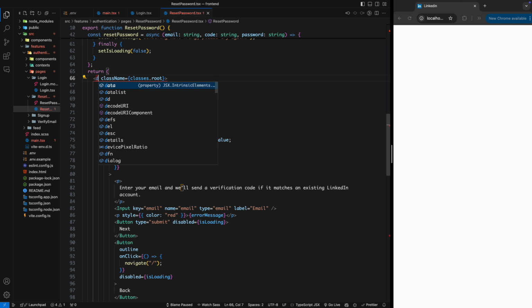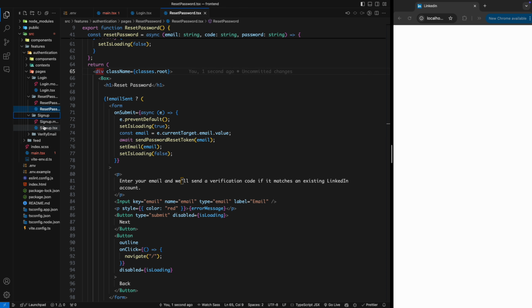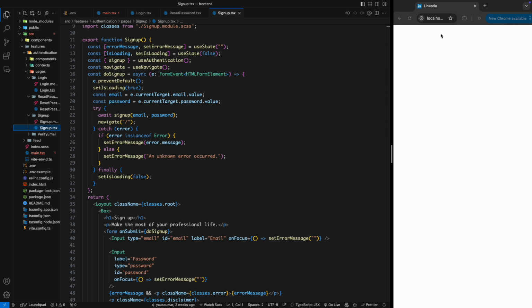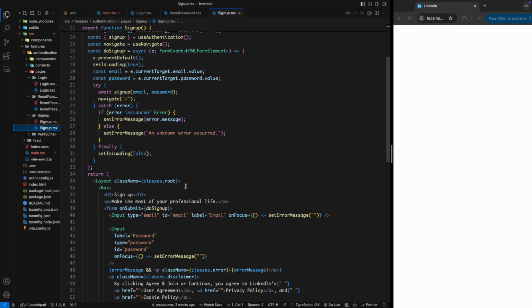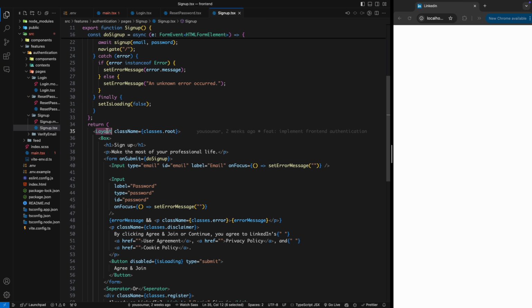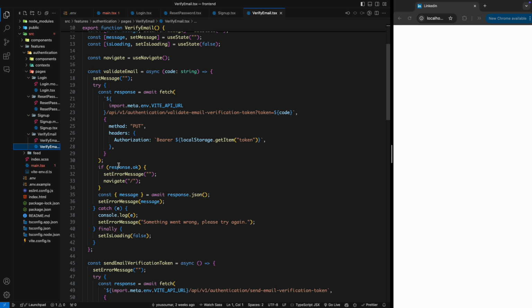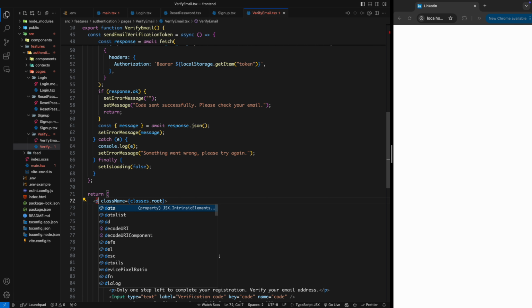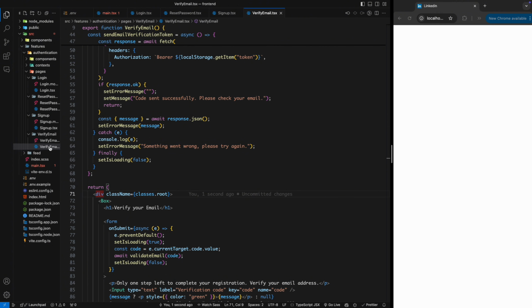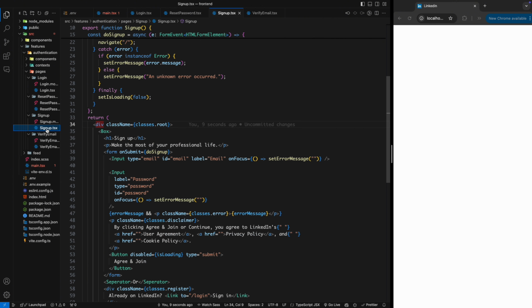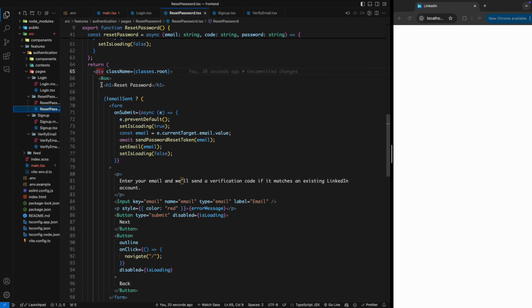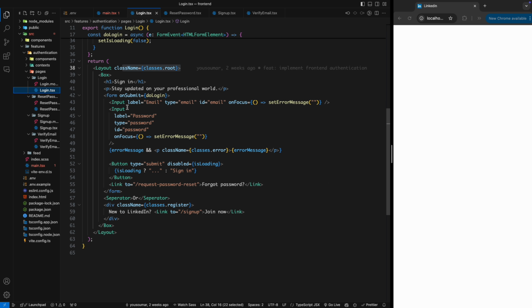So I'm gonna actually just use here divs. As you can see, we have nothing because we don't have an element so far. So here it's gonna also be a div, here as well. So here a div, here it's a div now, here also the login page,